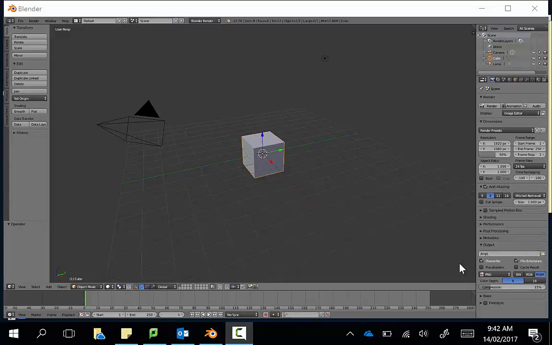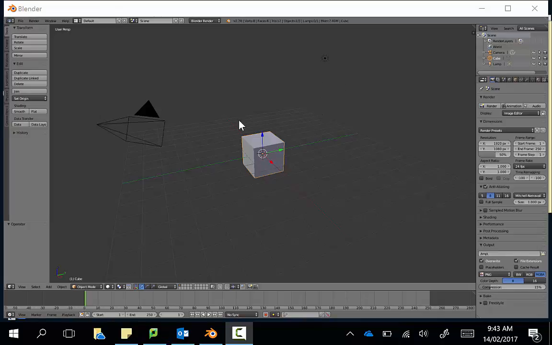Righto, so this is just a very quick introduction into the Blender interface, just how you can move around an object. So you can see when you first start up, you will have what's called a cube mesh in the center there, and you can probably see on the left we have a camera, and in the distance there we have a light. Now, because we're going to be designing graphics for Unity, for a game, we don't need the light